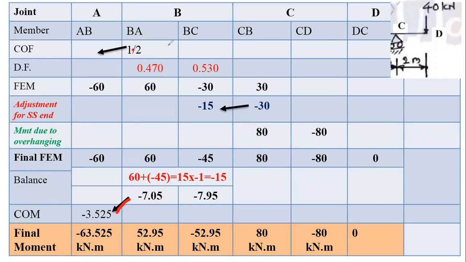Now if you see the carryover movement step, no movements are present in the other member. So this is the last step, or the last cycle. In carryover movement, if you observe zero movement at a joint, that will be our last cycle. As no movement is present for the balance step at joints B and C, make the summation for final movement.